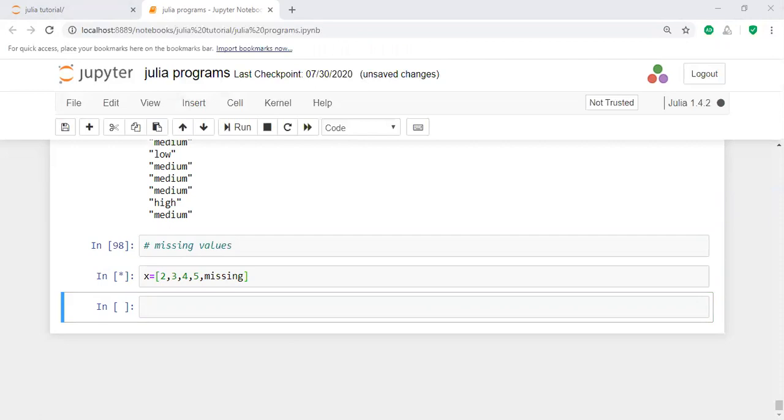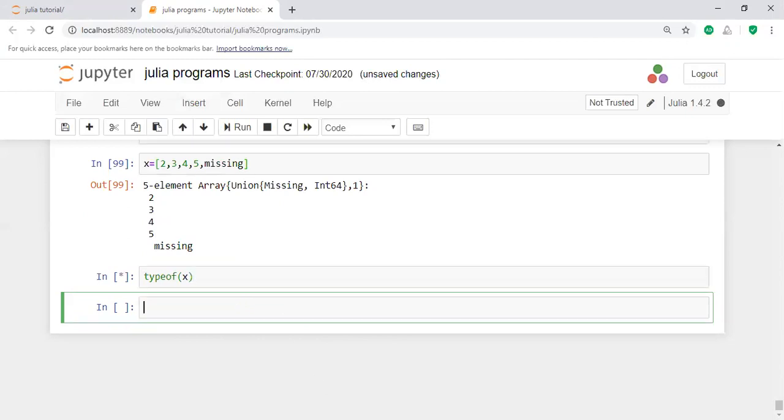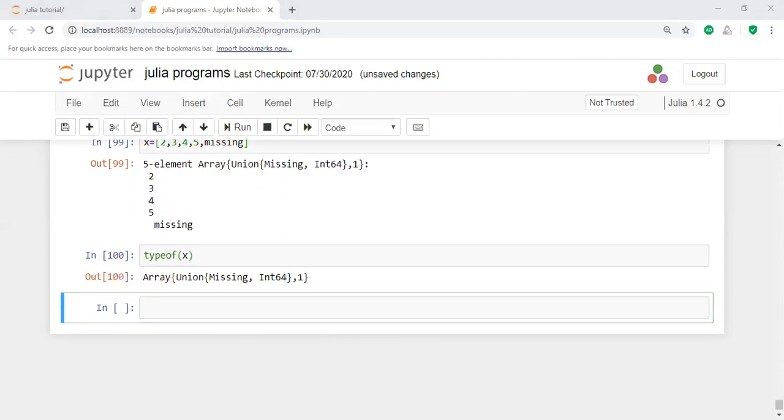That means you can handle this particular missing value. How can you represent that missing value? It will display the missing information. For example, what is the type of x here? x is an array type, and it has some missing information.